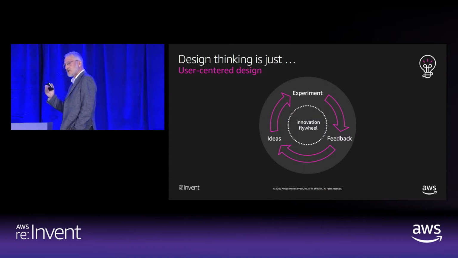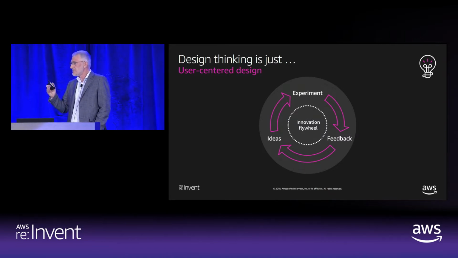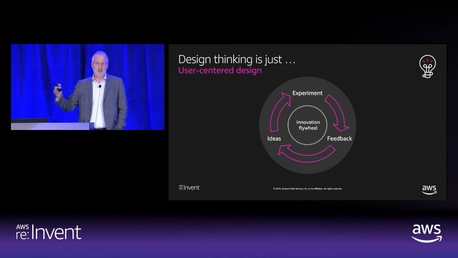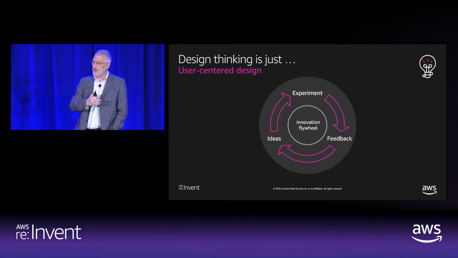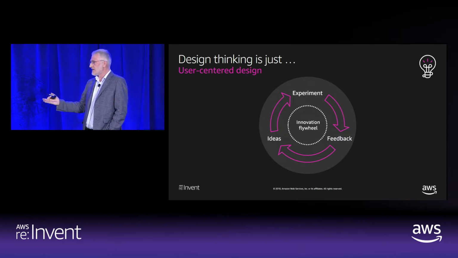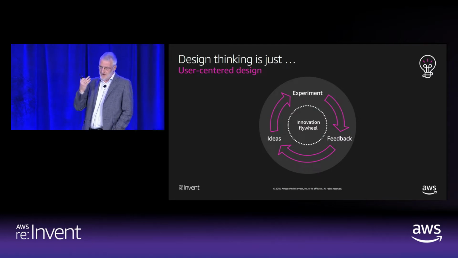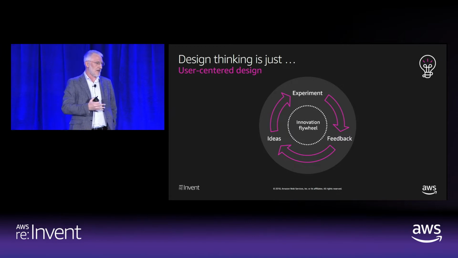And the idea is you want to get to those features and ideas as early as possible, so that you're not spending a lot of time building something that might be heading in the wrong direction. You don't want to invest a lot of money up front and spend a lot of cycles developing something that later turns out not to be what the customer actually wants. So design thinking is meant to get to that answer a lot faster so that you know you're working on the right thing.